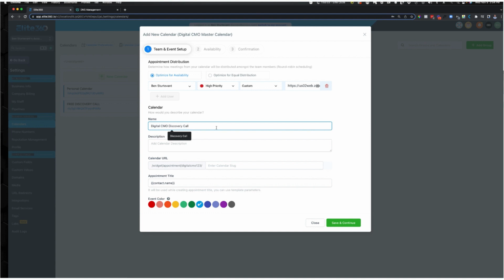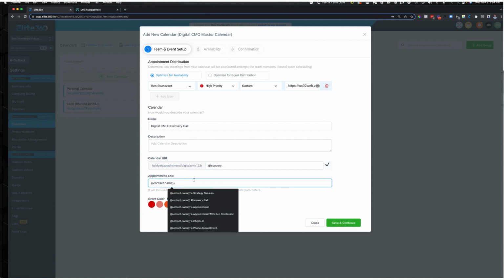This is going to be like my main one. You don't need a description there. If you don't want to, it's just going to appear what appears over on the left-hand side. This will be discovery. And the appointment title is going to be what it's going to say when they get their emails and